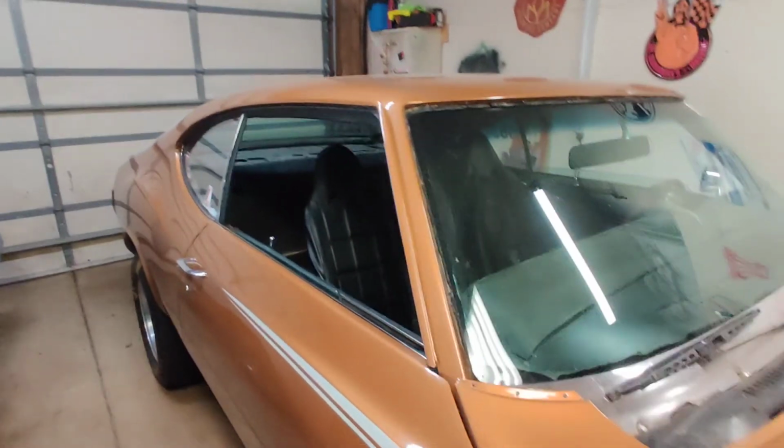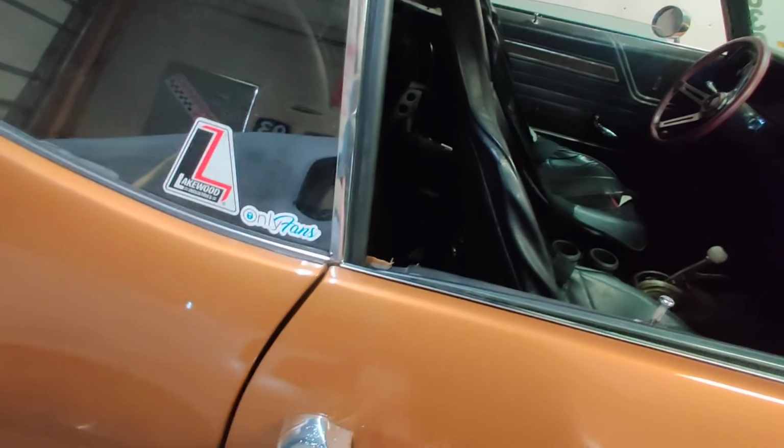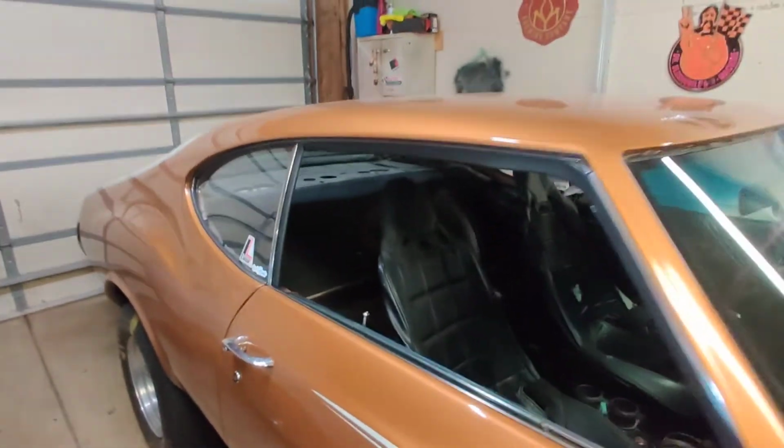I welded these edges up and smoothed them out. That's over restored. And of course, over the course of twisting the body, racing, this gap closed up and, you know, it never used to hit. Now it does. But overall,